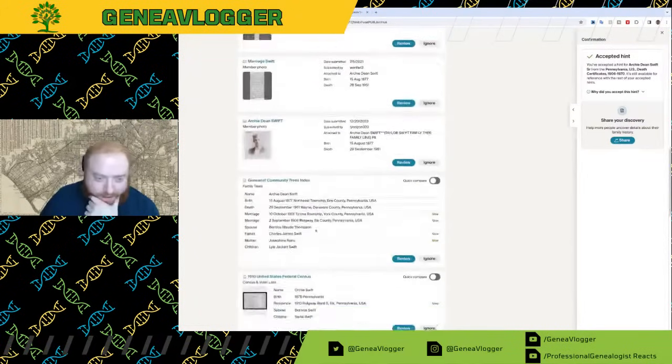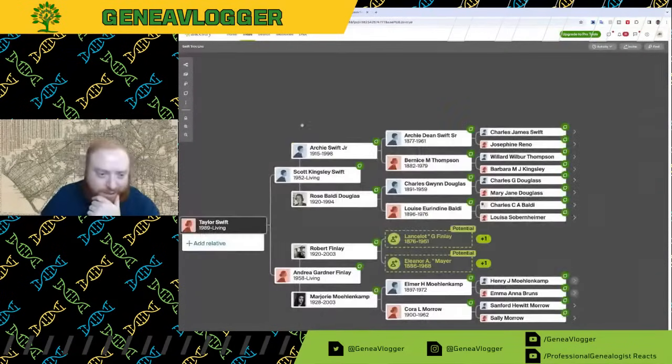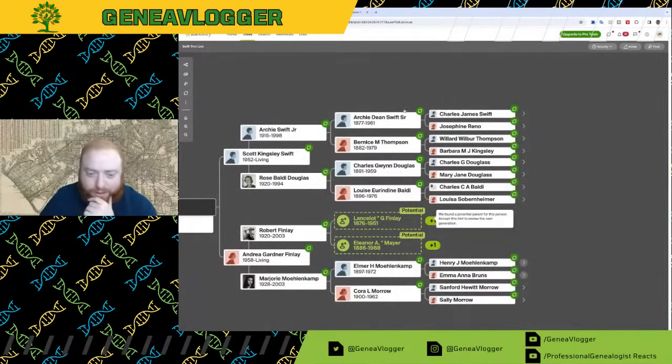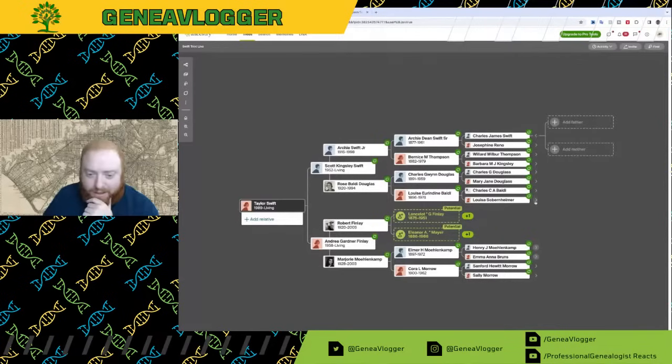It's just quick. You're using one or two records for building the tree, so you do have something to base it on. It's not just what other people are building, but within that small amount of time, boom, we've got this family tree built out this far. And if we wanted to, let's see, are any loading? We could probably get further back, not too difficult on most of these lines. Some of them are taking a while to load.